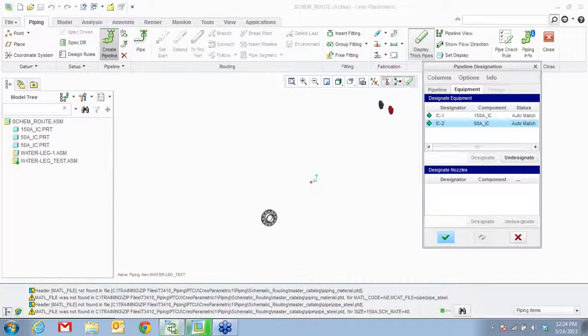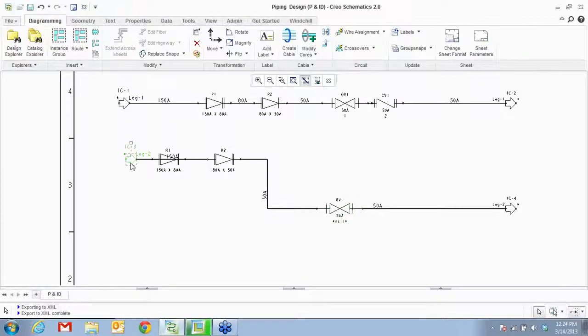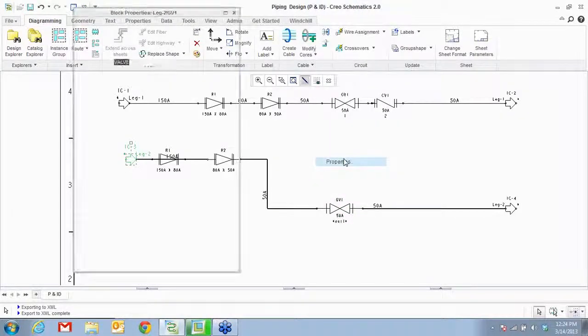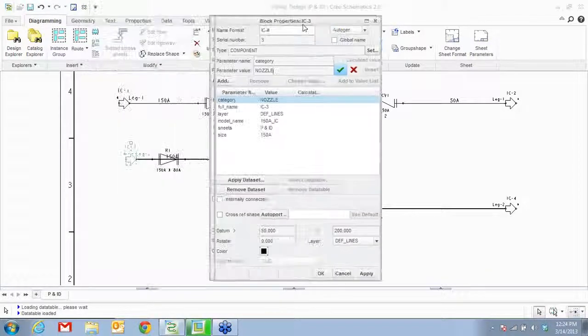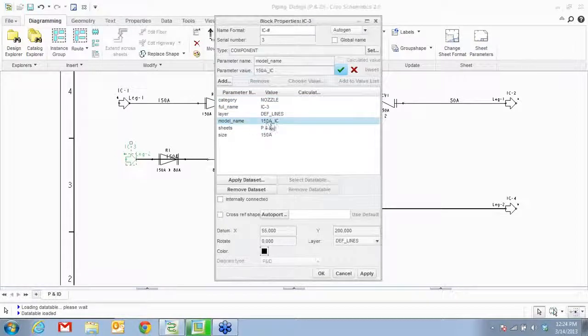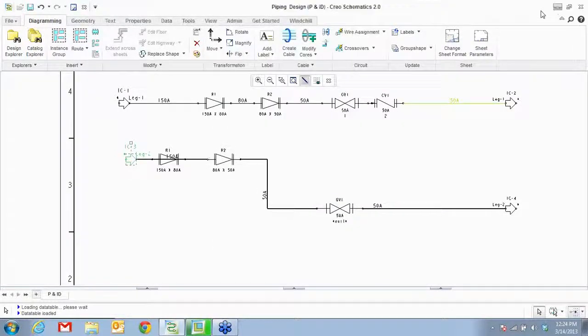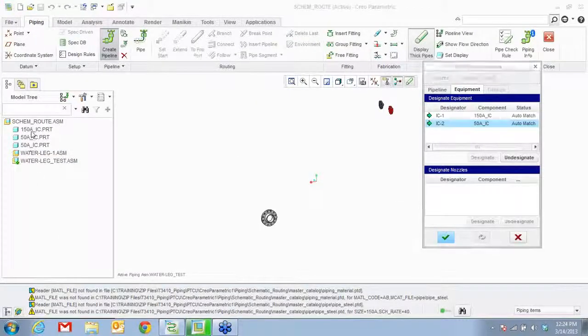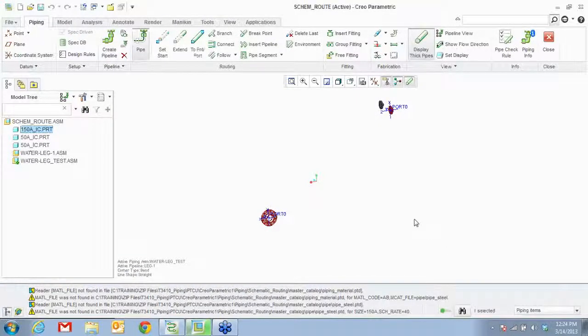You also notice in our schematic, if you select that, right click and go to its properties, we had model name set to be 150AIC. That is the exact model name right here, 150AIC. That's how the schematic matches with your Pro-E models.